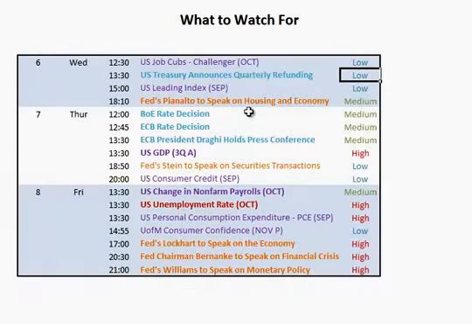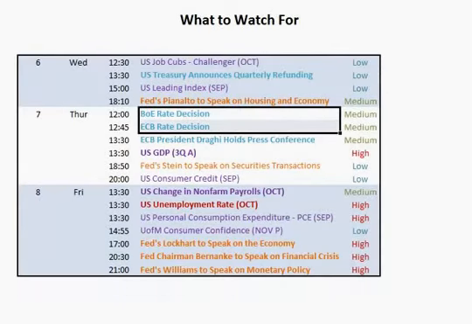A little bit more interesting, though, is the BOE and ECB rate decisions. Those can actually determine to some extent what the Fed does, because the Fed is not just working in a closed system. It has to evolve its stimulus program with the knowledge of what's going on in global stimulus. The other two large European central banks, however they alter their monetary policy approach, it can have material ramifications in what happens in the United States, and ultimately whether they need to bolster their stimulus to offset a situation in the Eurozone or a situation in the UK.